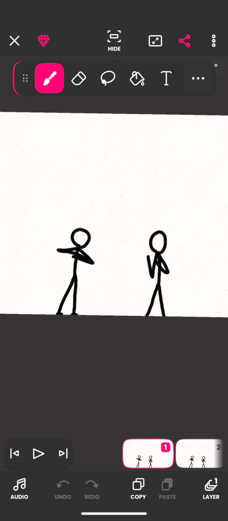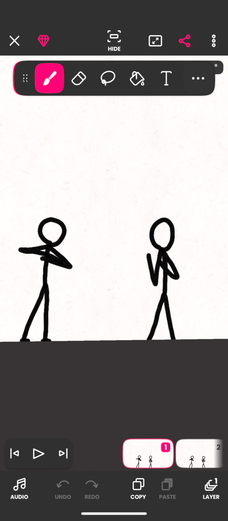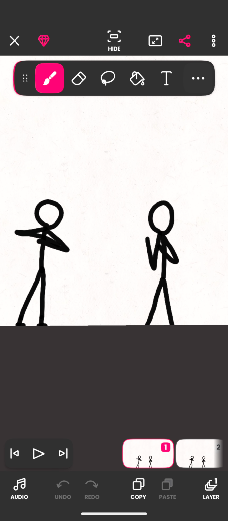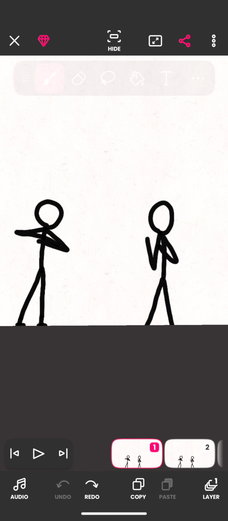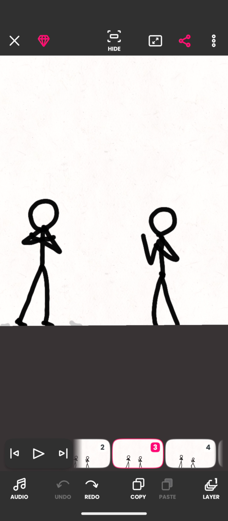So this one, I just drew two characters, because that's my new thing, drawing two characters. I'm going to try and continue off of this one. This one is going to be my main character for most of them. I don't know if I'm going to have any distinguishing traits, but on this one, I just made him close